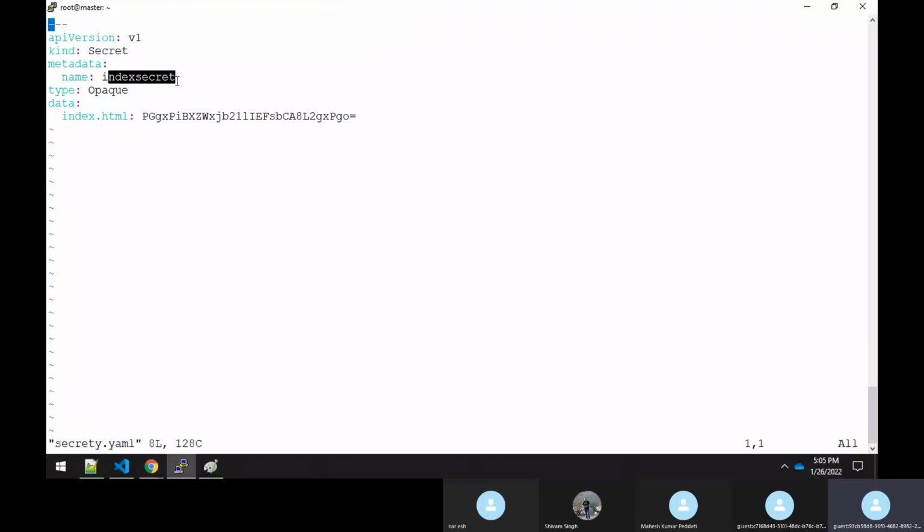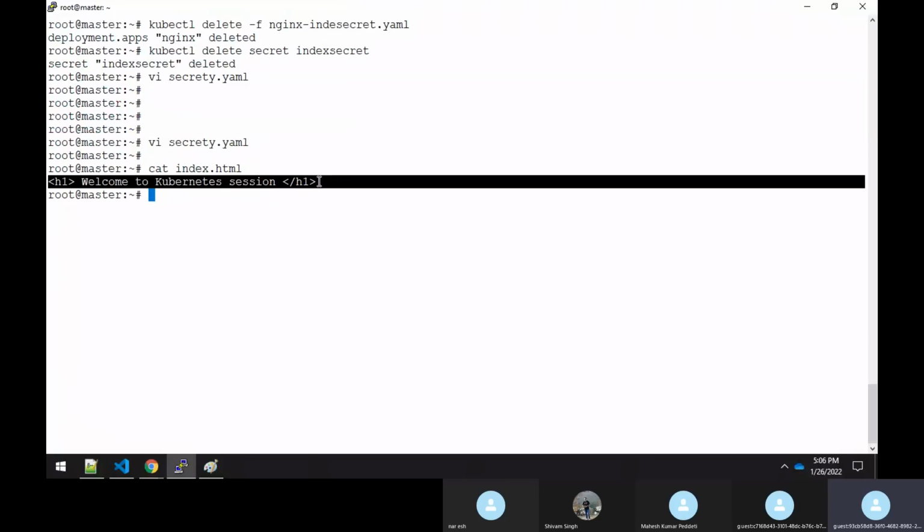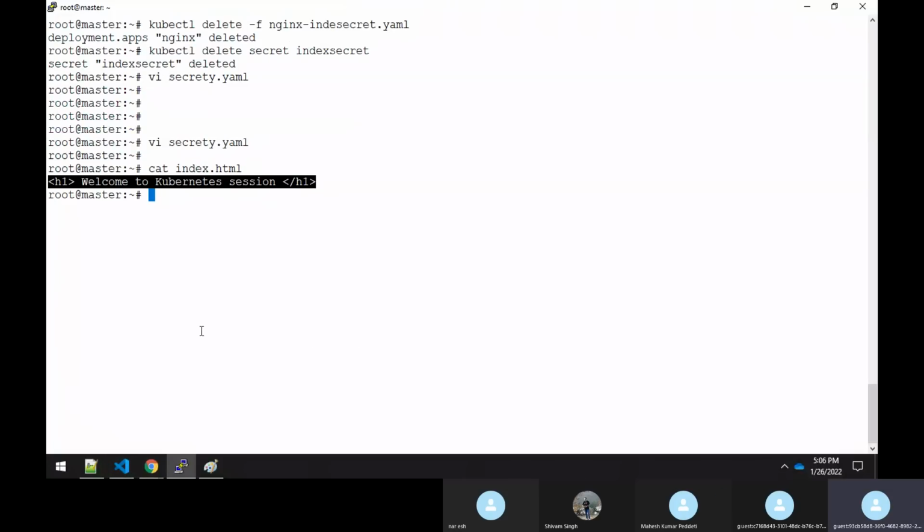So what is the secret name you're creating, and its type is opaque. The data I'm trying to create here is index.html, and you need to pass it. Suppose I have this encrypted form. If you have this encrypted, what is the index.html file I have? This is the file I'm having. So you can even copy this, or else you say echo